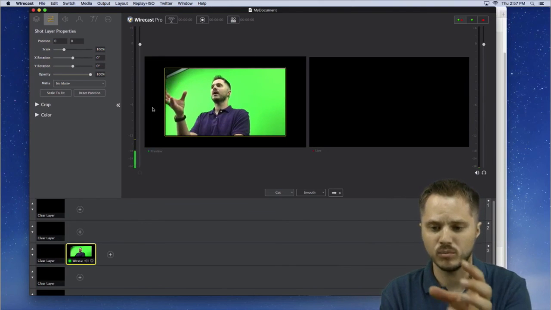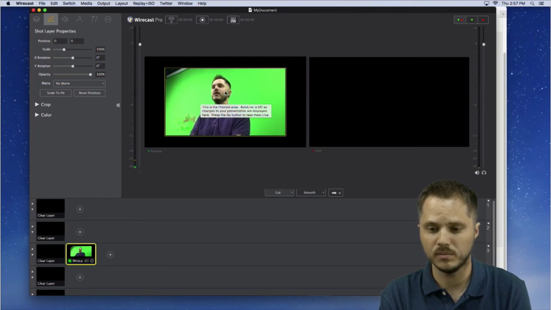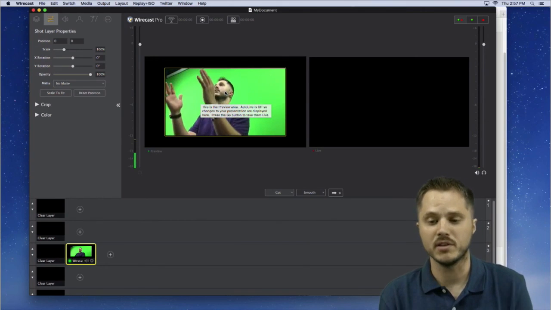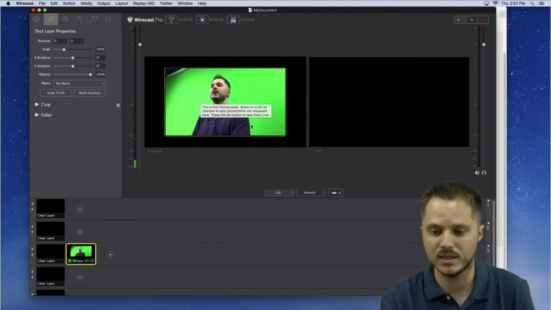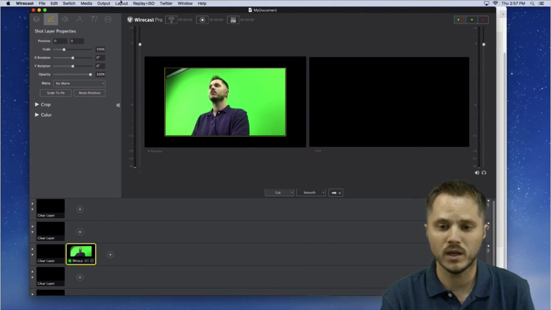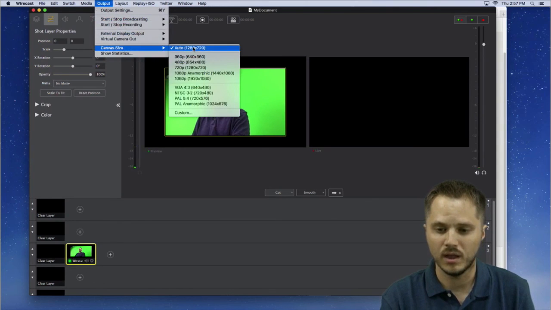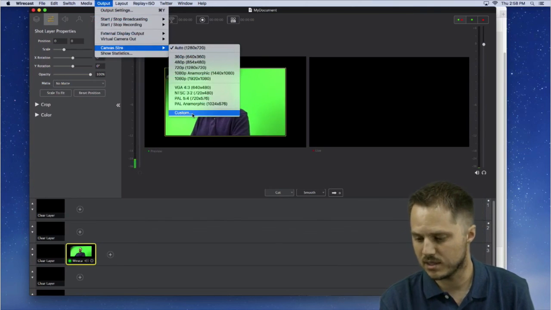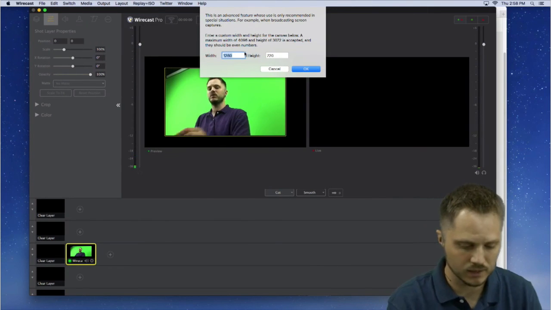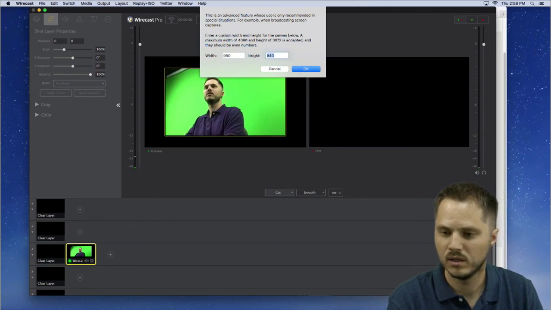When Wirecast brings it in, it's actually smaller than the canvas. So it's telling me that this source is not full size to my canvas size. If I want to change the canvas size to match, I can do a custom 960 by 540.